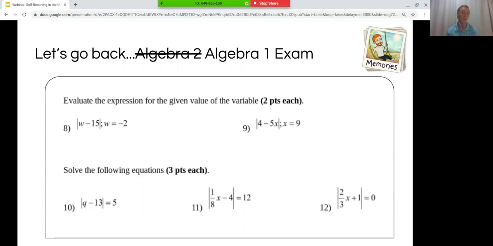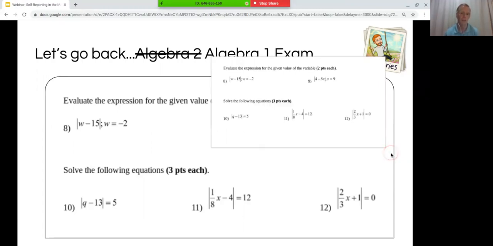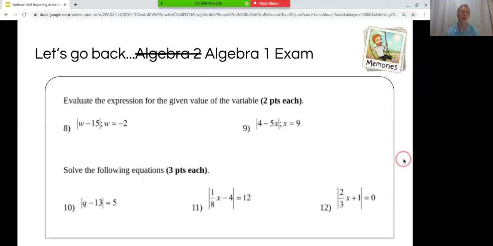But this is what I would do. Evaluate, evaluate. You know, if a kid can't get number 8, guess what? They're not getting number 9 either. And if a kid can't get number 10, they're not getting 11 or 12. So what I would do is I'd say, hey, can we get rid of some of these problems that are duplicates? And if we do get rid of some, that opens the door for me